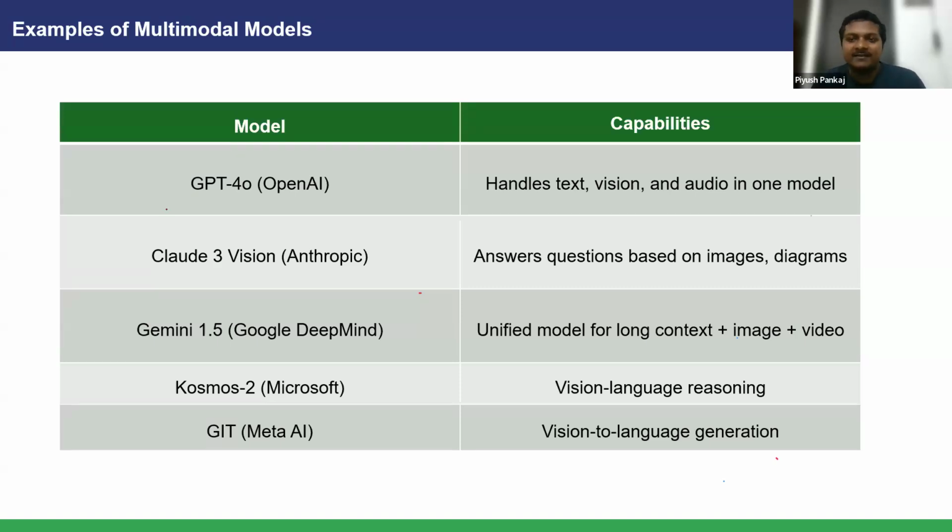Everywhere, even on the bus, when the bus was coming, I had to catch a bus. I was not able to understand what was written over there. I had to visit a place there, so I took out my phone. I used Google Lens and the translate option. From the image, it translated. That is vision-to-language generation. So what model is getting used over there? Vision to language. It is extracting the text from that particular image and converting it into language. So I was able to convert those Tamil words into English without downloading anything, in real time with Google Lens.